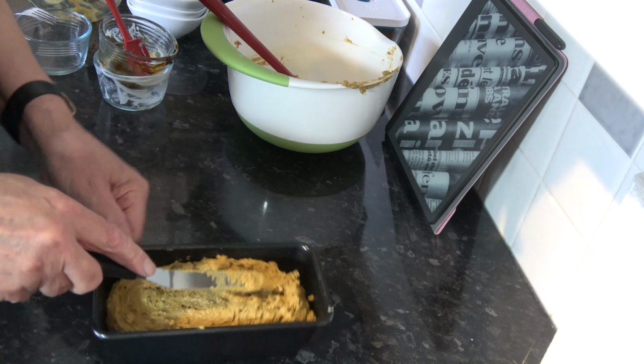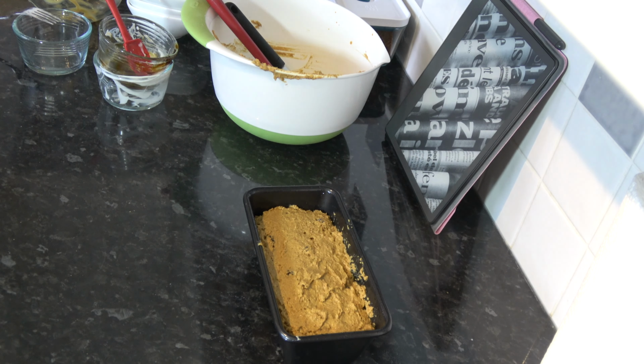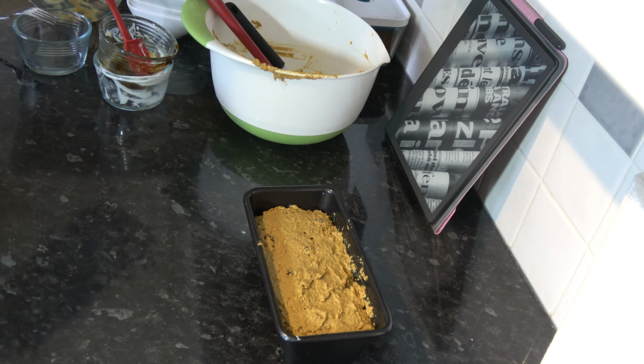Like that, and then I'm going to cover that with some aluminium foil, which I have greased with some oil. I'm just going to brush that again just to spread it around. I'm going to put that onto my tin and press down like that all the way round,